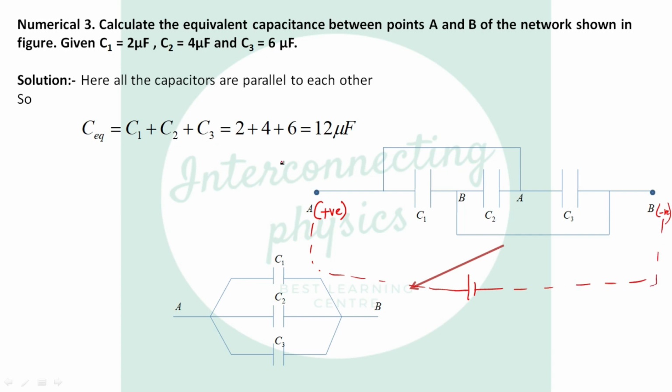Okay. Now, from this to this, point A will come here because there is no element present over here and there will be no potential drop. Now, from this to this, again there will be no element present here, so there will be no potential drop. Again point A comes here. Now from this to this, you see here